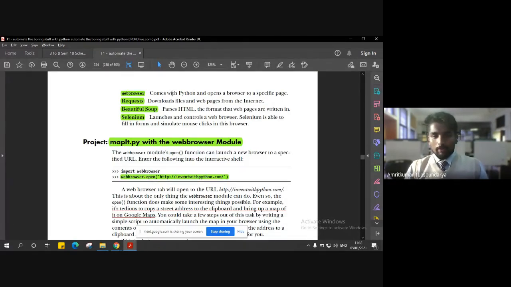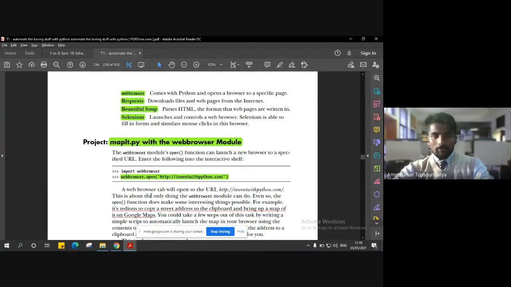Can we write a program which can automatically copy the address into the clipboard, and open the Google Maps app to pinpoint the exact location depending on the address that we have given as text? So instead of searching that location in the Google Maps app, we are simply going to copy the address into the clipboard and run the script to get Google Maps opened to the exact address.